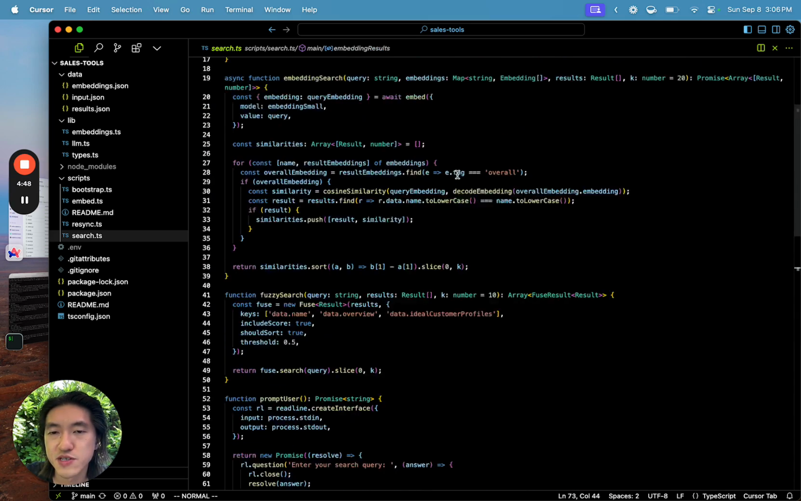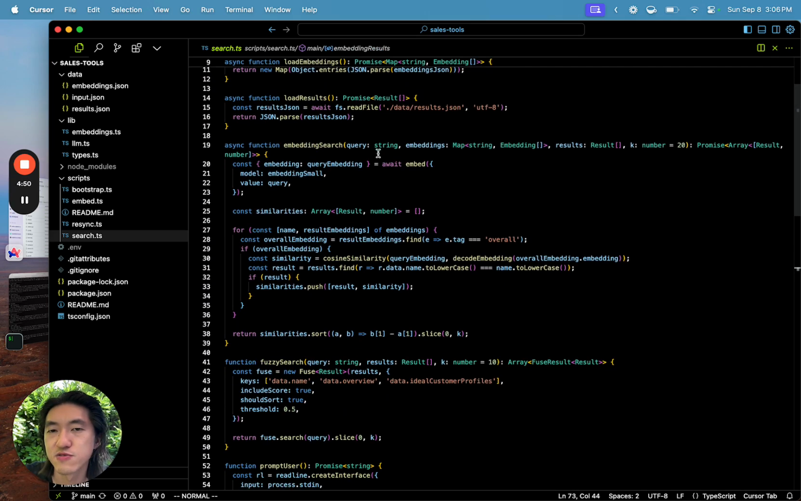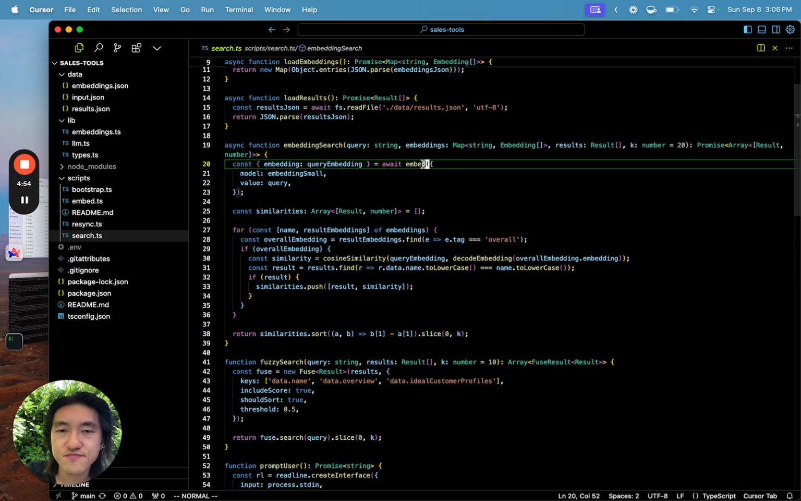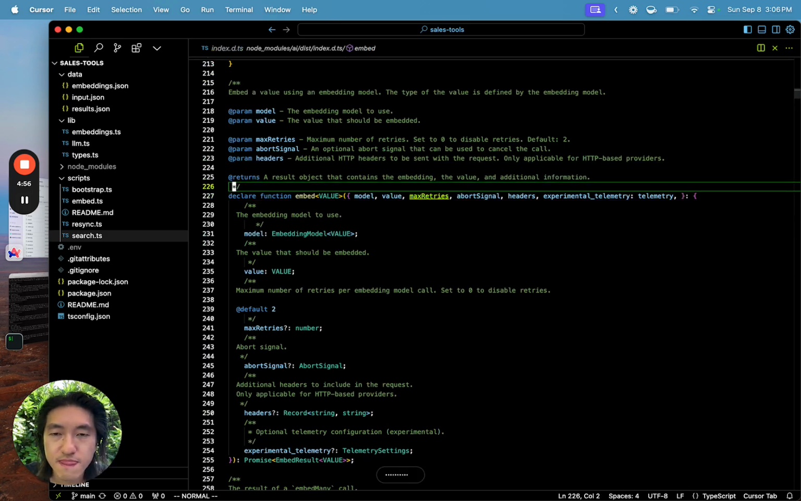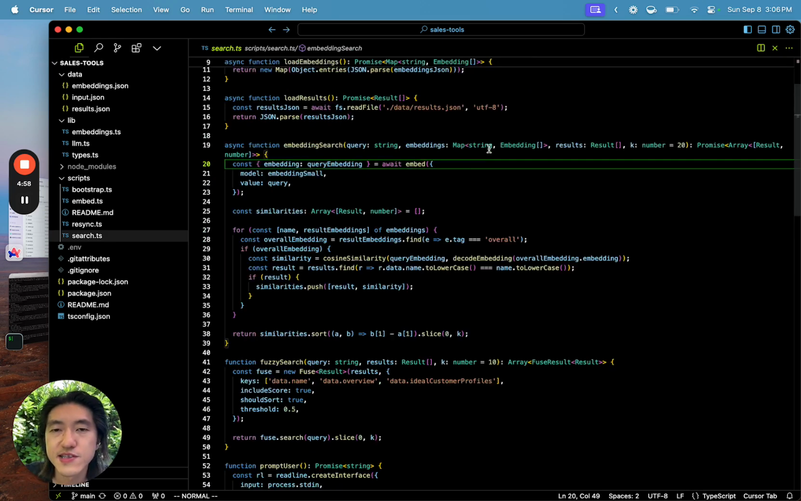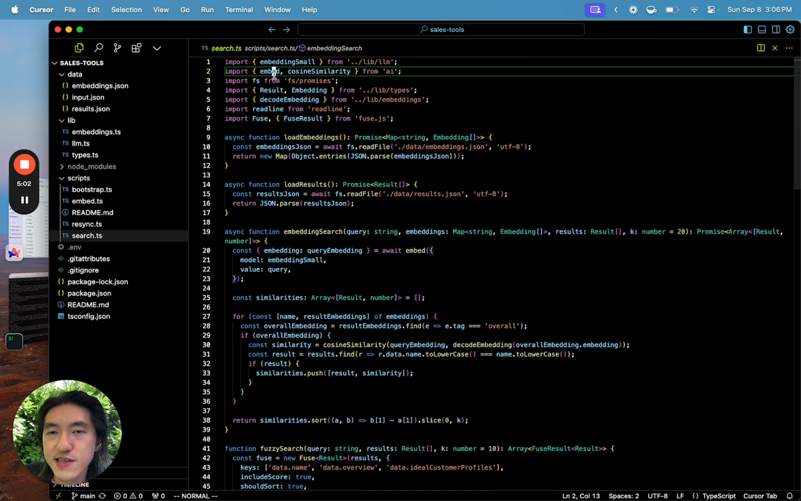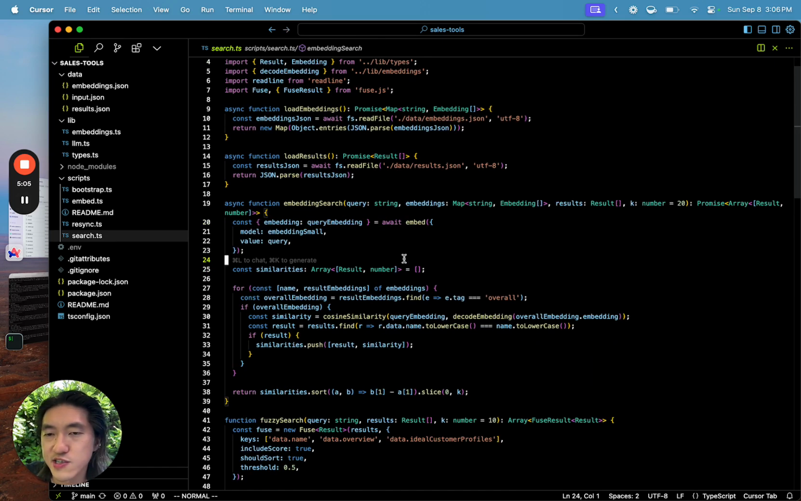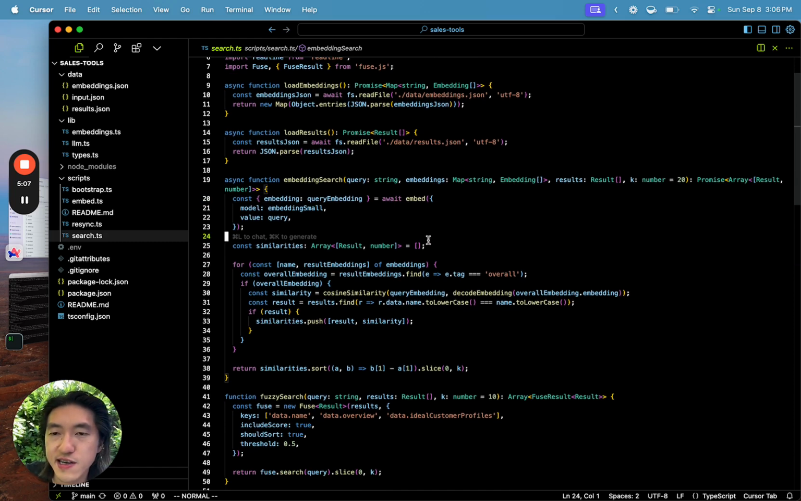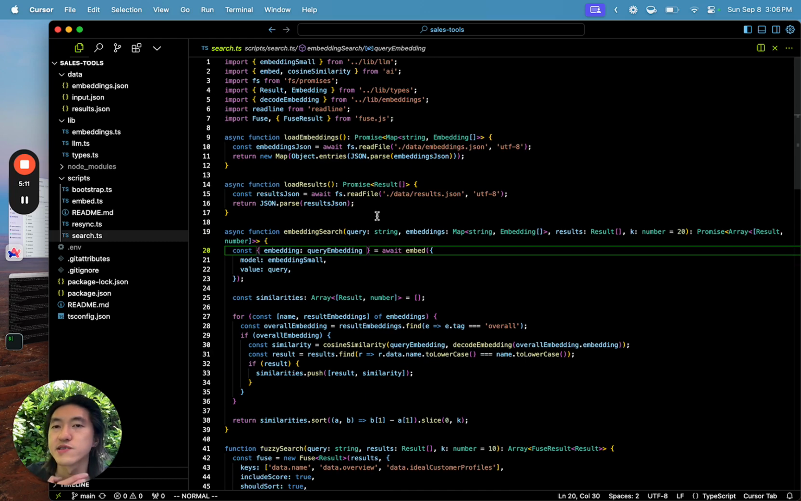Now what it's going to do is run this embedding search function. What does this function actually do? Okay, so this actually just creates the embedding. This is from the AI SDK. So it just creates embeddings through the AI SDK, right? So it creates the embedding vector